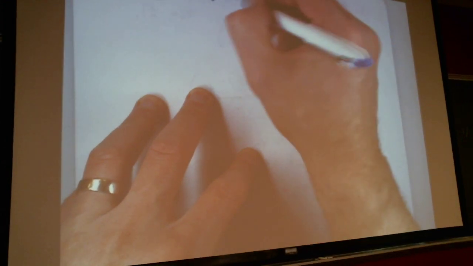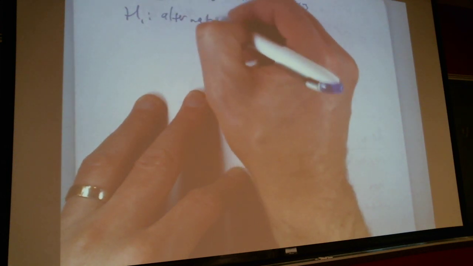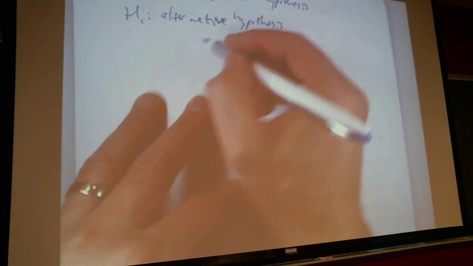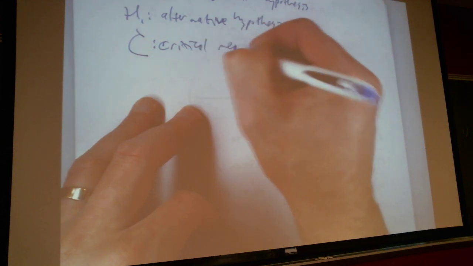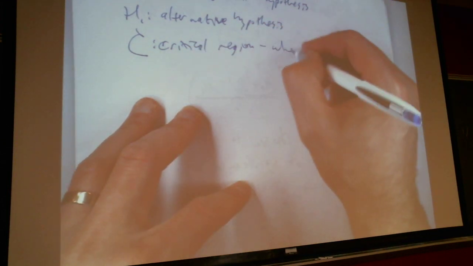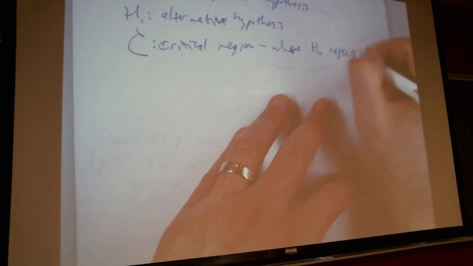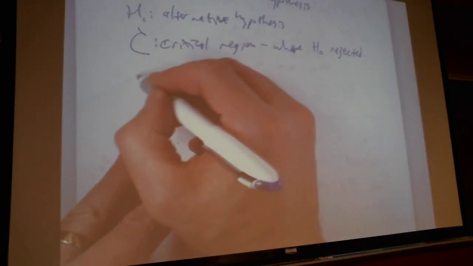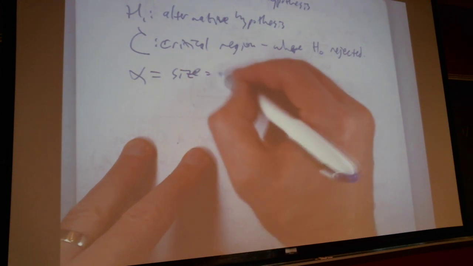We have a null hypothesis. We have an alternative hypothesis. We have a critical region. This is the set of outcomes for which the null hypothesis will be rejected. Right? The size of the critical region, the size or level of significance,